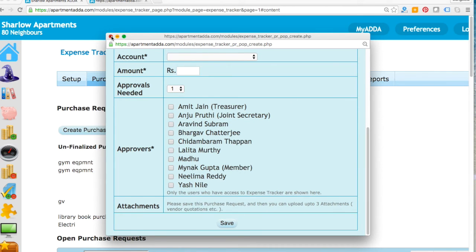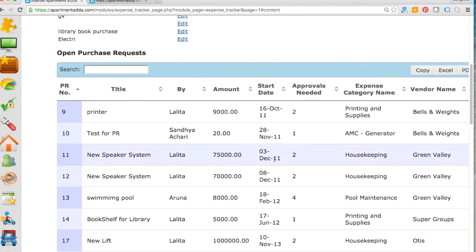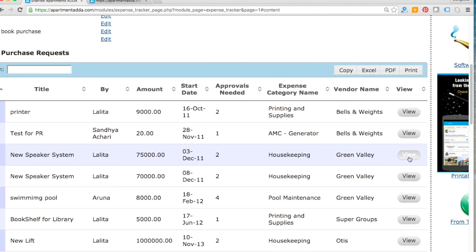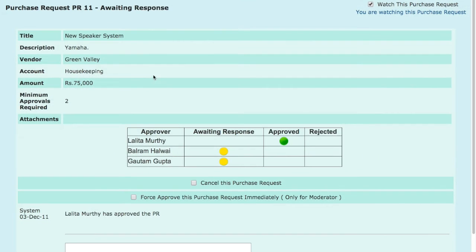So once the purchase request is saved, it will show up in these open purchase requests. So you can look at this new speaker system and view it. It will show you the complete detail of the purchase request, and you can see who all has approved and who all it is awaiting response from.